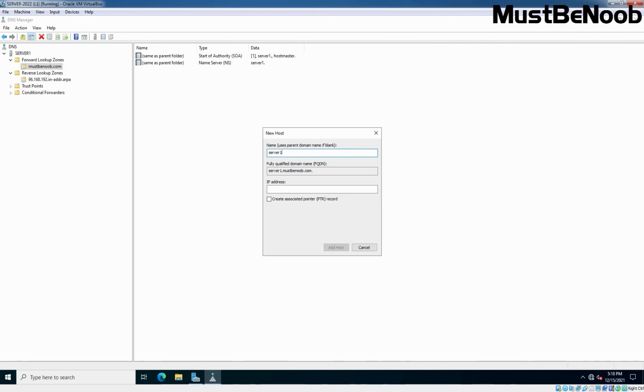Now, once you type server1 in the name field, you can see the fully qualified domain name will be populated automatically with the name server1 followed by the forward lookup zone name, which is mustbenoob.com in our case. And then we need to specify the server's IP address, which is 192.168.96.11 in our case. So this means the FQDN server1.mustbenoob.com is pointing toward the IP address